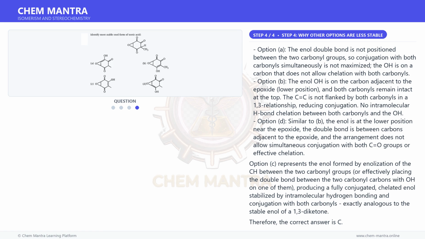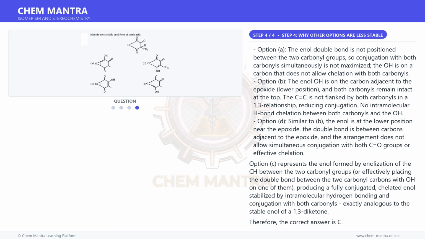Option D. Similar to B, the enol is at the lower position near the epoxide, the double bond is between carbons adjacent to the epoxide, and the arrangement does not allow simultaneous conjugation with both C=O groups or effective chelation. Option C represents the enol formed by enolization of the CH between the two carbonyl groups,